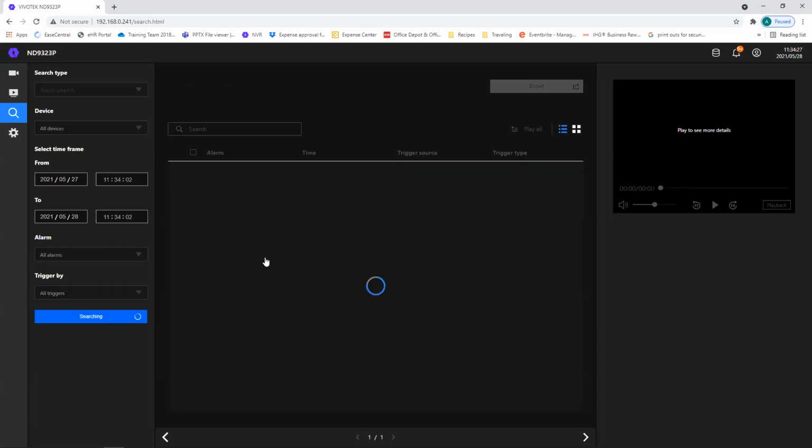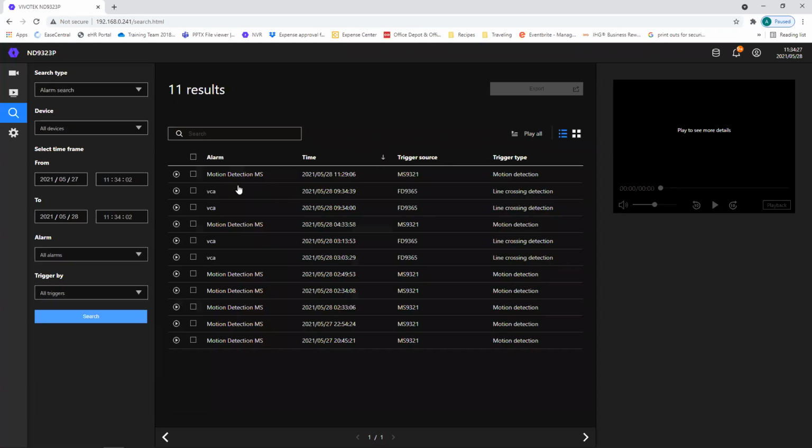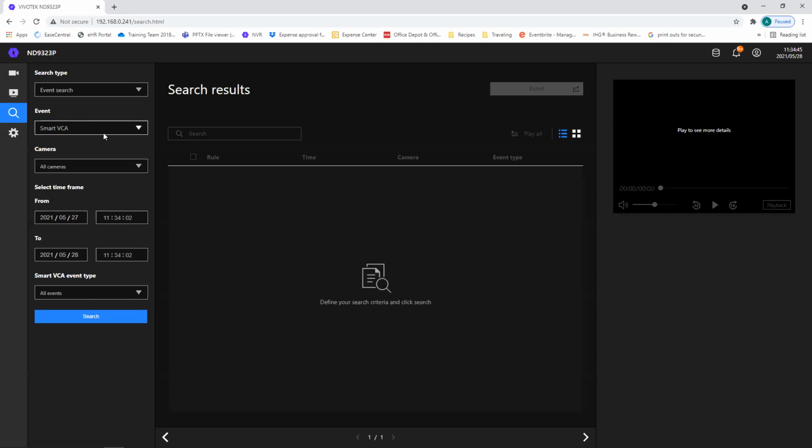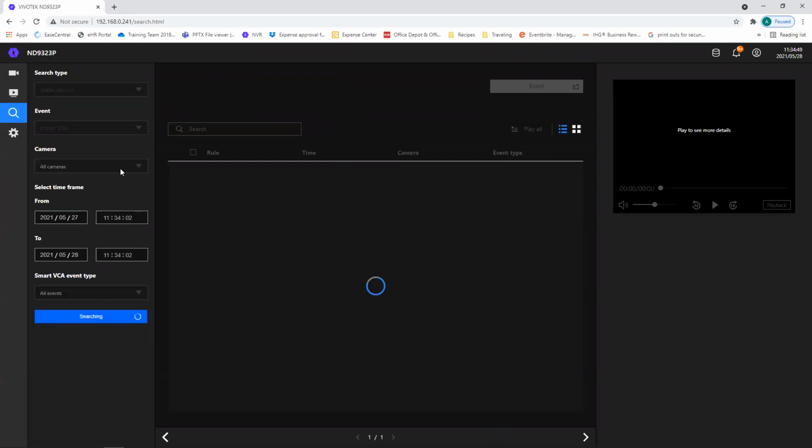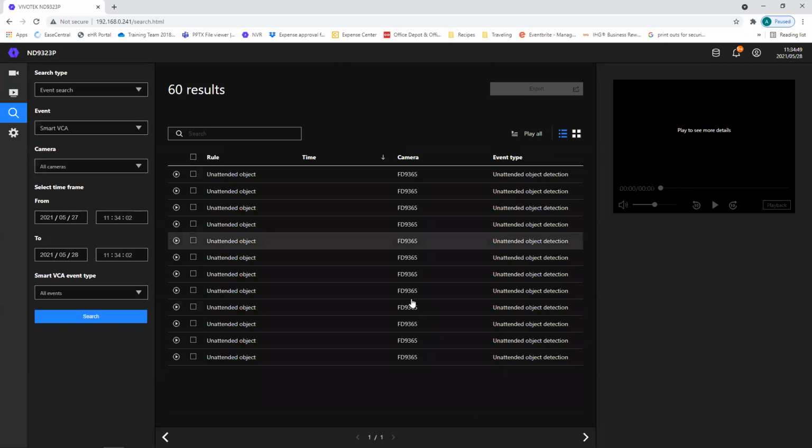And then we can do the search. Shows me I have motion detection and then also line crossing. The event search is going to give us our smart VCA events. We could do all cameras and then let's go ahead and search that. And here you'll notice